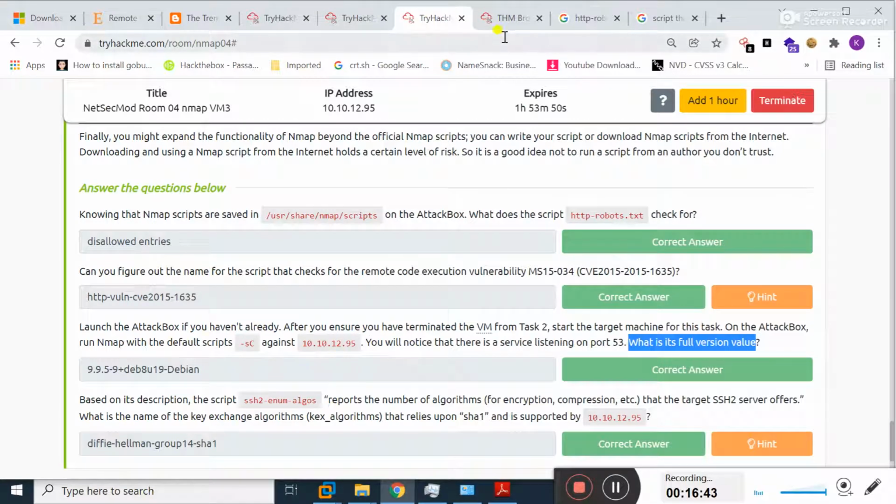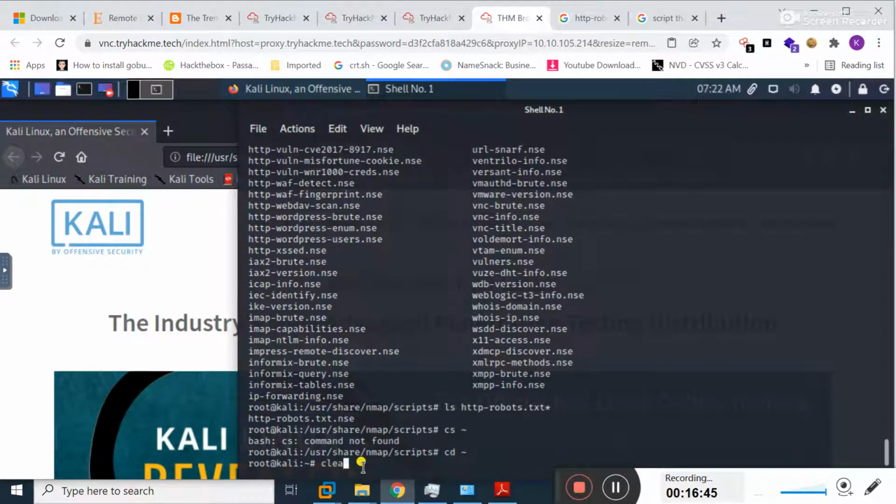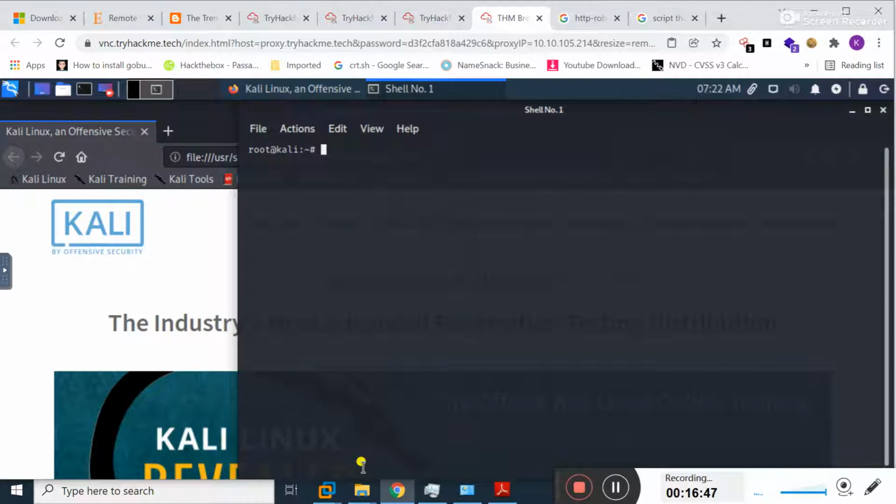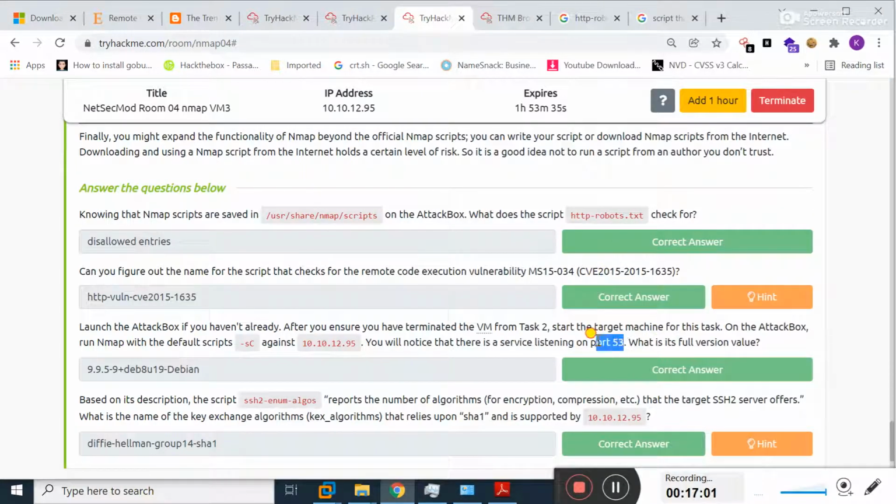So I just typed here. I should clear the screen, and now I type nmap -sC to perform default script scanning, and then the target IP address, that is this one, and press enter. Okay, actually I have to answer about port 53.